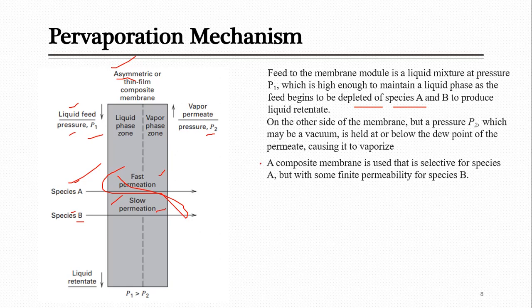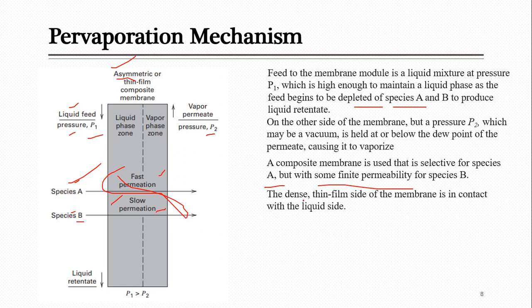A composite membrane is used here, and the reason for using a composite membrane I already told you: to support high pressure. So this composite membrane is used, which is selective for species A, but has somehow finite permeability for species B. A small amount of B can also pass through this composite membrane, and the reason is to operate this process at high pressure or pressure difference. The dense thin film